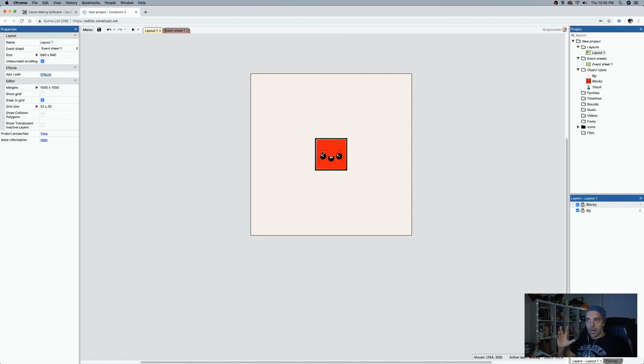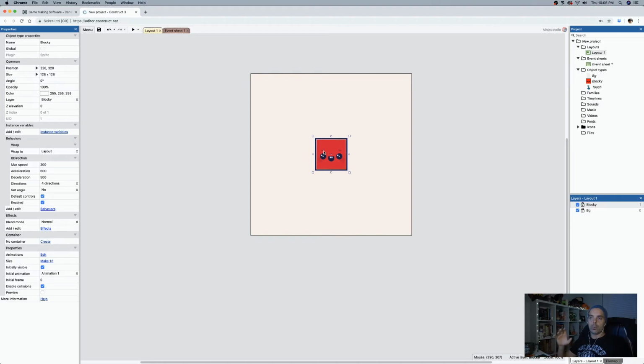However, if you are trying to use the wrap behavior, you will need to decide whether you are going to use portrait or landscape. Unless there is one more thing you can do, which is you can create